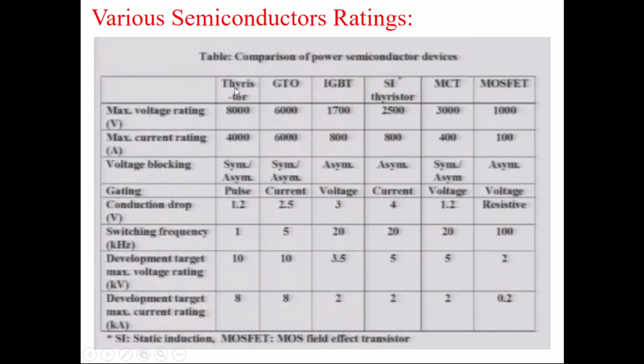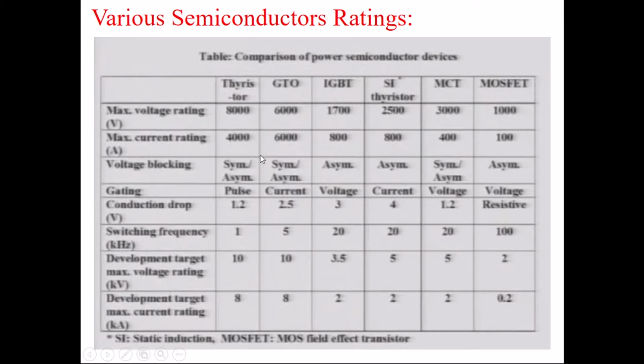So the highest voltage rating available in the market is that of the thyristor. If you use the thyristor as a switch in a valve in an HVDC converter, we require fewer thyristors compared to any other semiconductor device. Suppose you use MOSFET, IGBT or GTO, you require more devices. So ultimately the cost of the switching devices increases if the number of switching devices increases. That's why we generally prefer the thyristor, because it has the maximum voltage rating available.